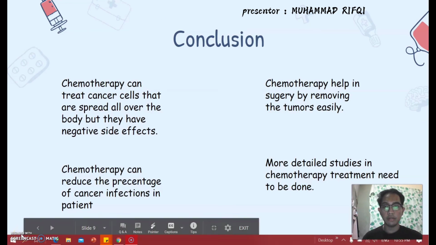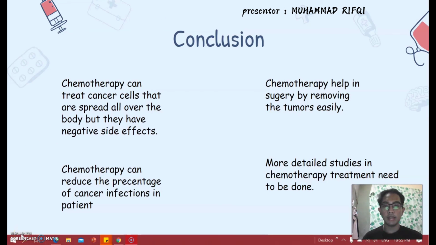So as for the conclusion, chemotherapy treatment can treat cancer cells that spread all over the body, but it has a negative side effect to the body patient. So the example of negative side effects to the body patient is it can cause nausea, vomiting, constipation, fatigue, hair loss, and anemia, which is blood loss. So next,